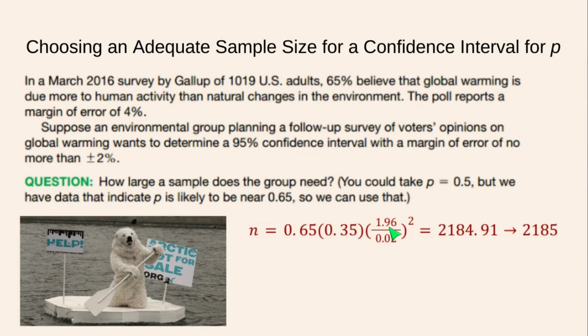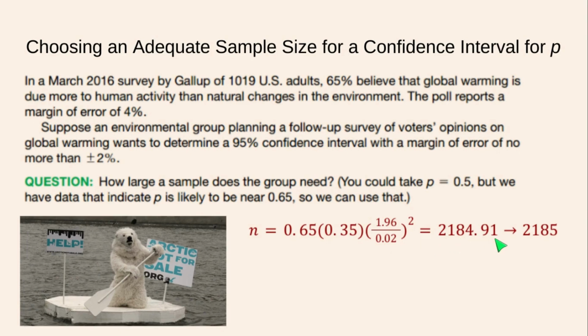That's how many standard errors we would want to go to the left and right in a confidence interval. And we divide by our margin of error, 0.02. And then we square. We're squaring this whole fraction right here. That's going to be equal to